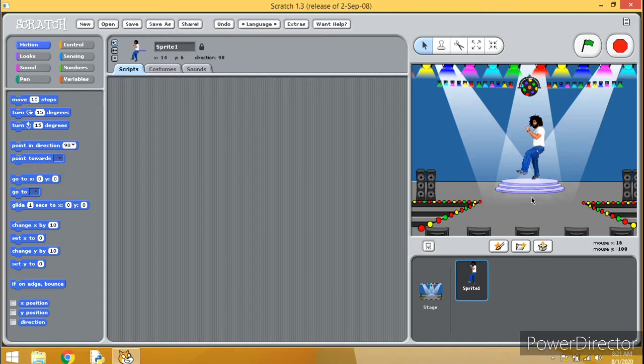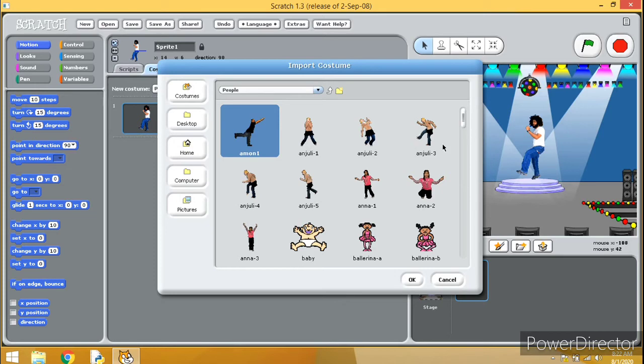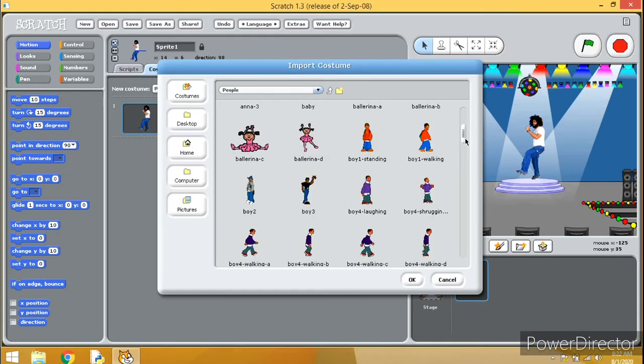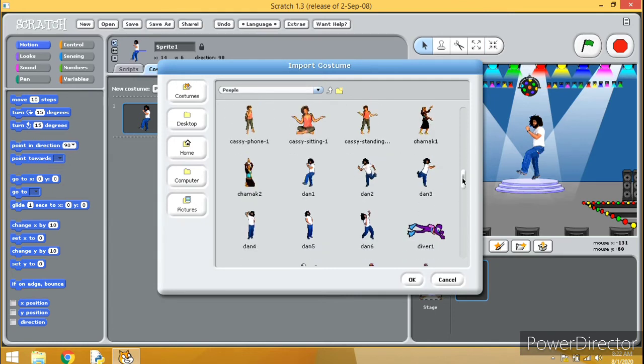This is one of the actions of the dancer, but in dance we see many poses. So let us have the other poses of the dancer. We have to move to the costumes. What we have to do is import the other poses of the dance. Select import, and one by one we select the other poses.